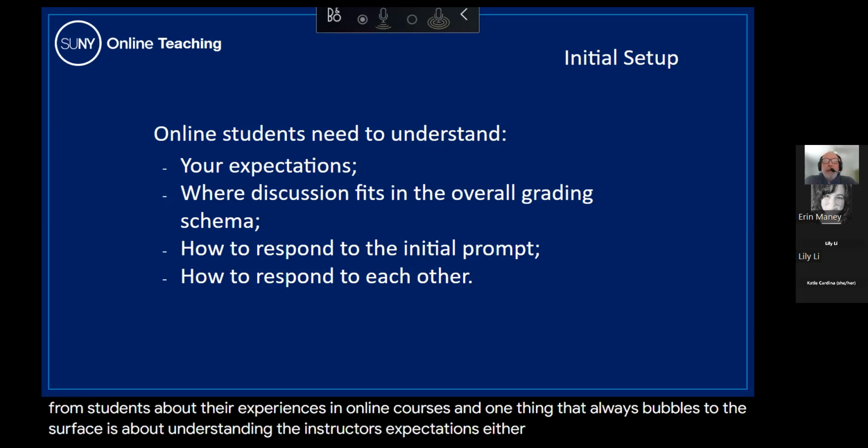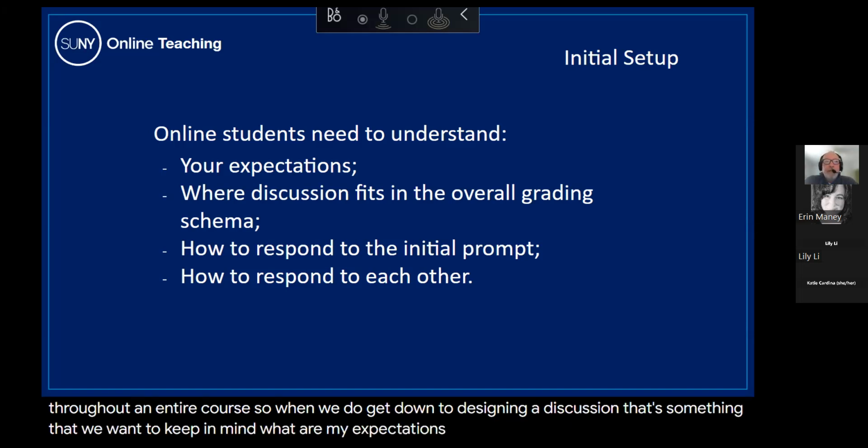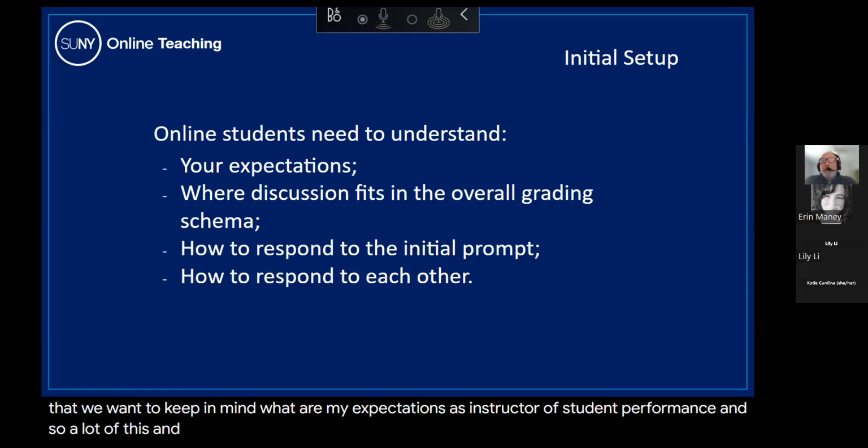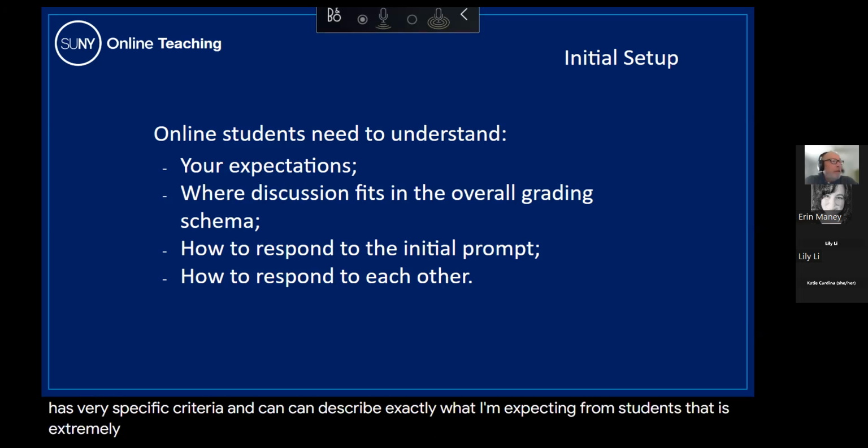So when we do get down to designing a discussion, that's something that we want to keep in mind. What are my expectations as an instructor of student performance? A lot of this, and I'll talk about this in a little bit, is about rubrics. If I can create a rubric that has very specific criteria and can describe exactly what I'm expecting from students, that is extremely helpful to the learners when embarking on a discussion, because students don't necessarily know